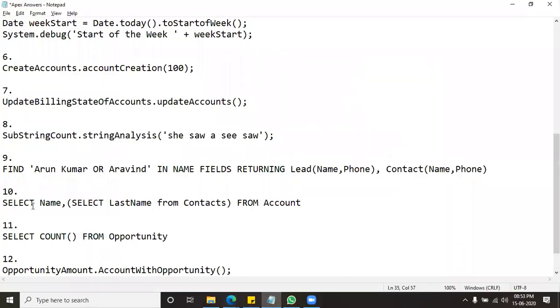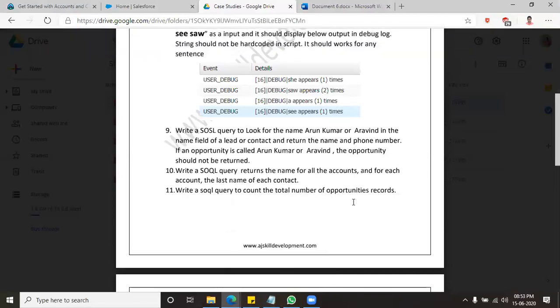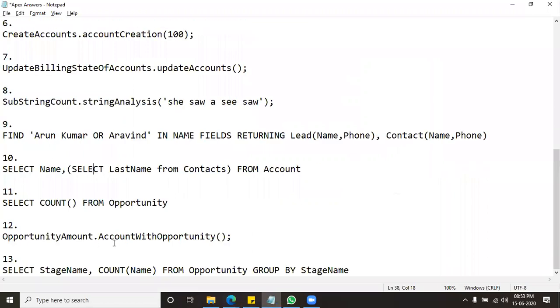Here I use select name. You use the select subquery. This is fine. Next one: write a SQL query for the total number count of the total opportunity records. You are using count of records. Fine. Next one.